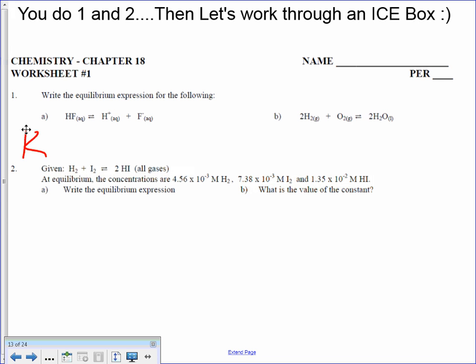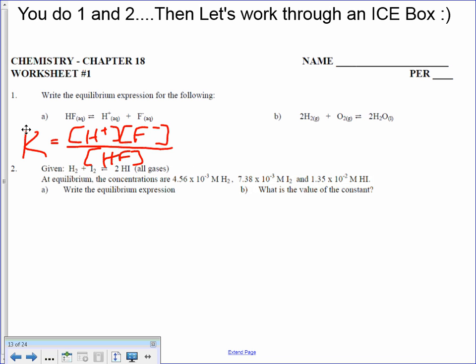So first off, I want you to double check, are there solids or liquids in the first one? Nope, so I'm going to include everything. So what am I putting on top for this one? The concentration of H plus to the first power, right? I'm not going to write the aq. We don't need to. We're assuming it's not solid or liquid. Times what? The fluoride ion. Those are in the numerator. And then divided by